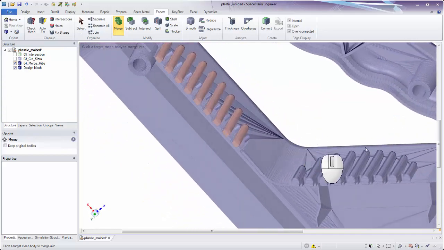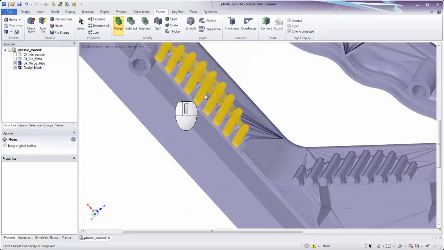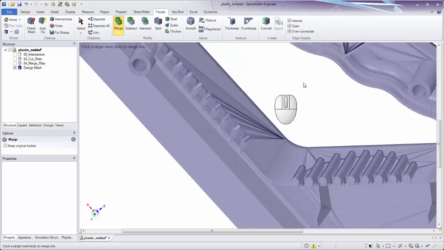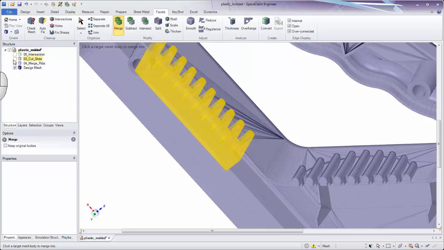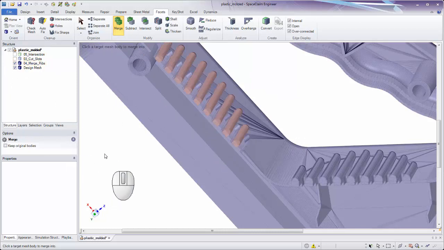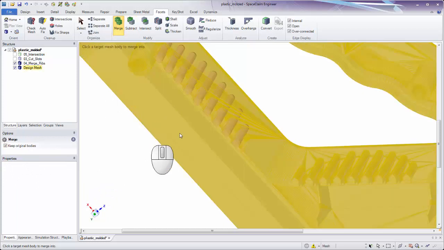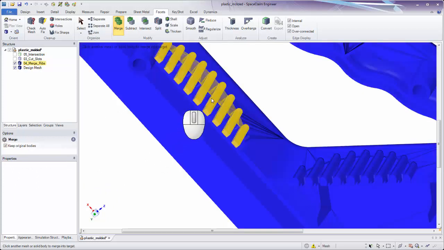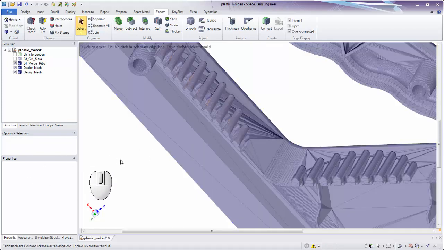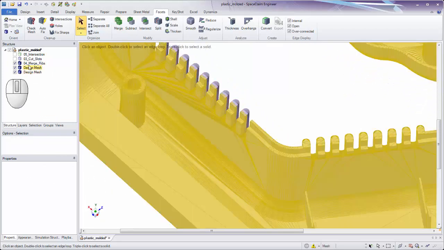So if we look on the inside here, we have a set of ribs here, and we have this set of ribs here, which is a separate body. Notice that it is not already part of the larger mesh. Now, if I turn on keep original bodies and I do the merge operation, specifying this as my target and this is what I want to merge into it, if I escape out of the merge bodies tool, notice that